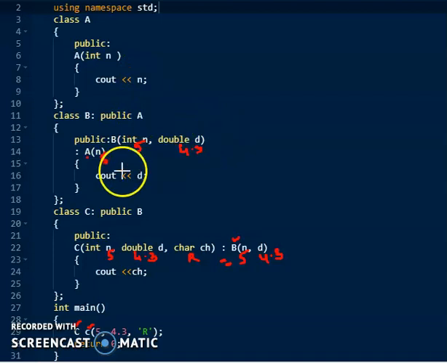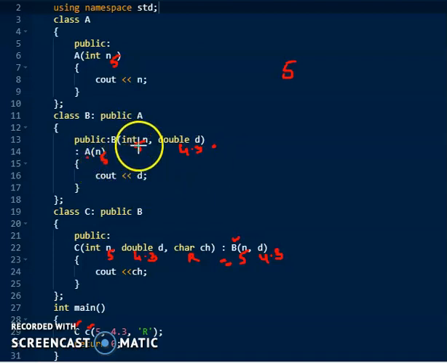Immediately your compiler comes here and stops its execution here. So what is the value of n which we have? 5. Now there is nothing to be called here, so constructor A gets executed first. What I am doing is printing the value n. So first 5 gets printed. Then your constructor completes its execution. After this constructor completes its execution, you come back to the previously called constructor here. Then you execute this. Here I have completed the execution of n, right?